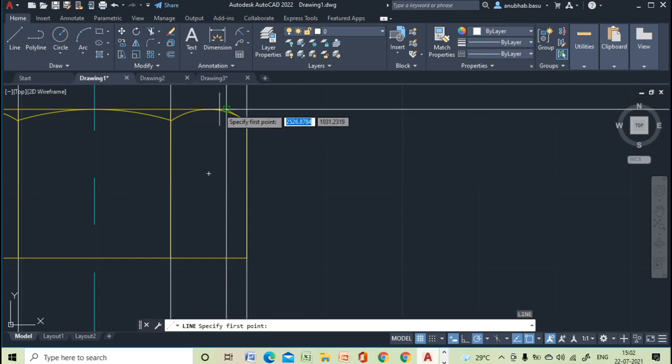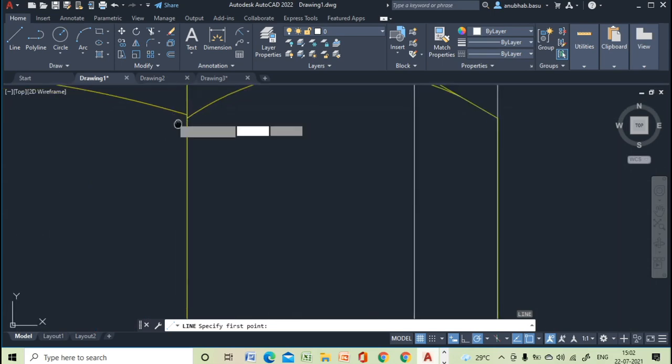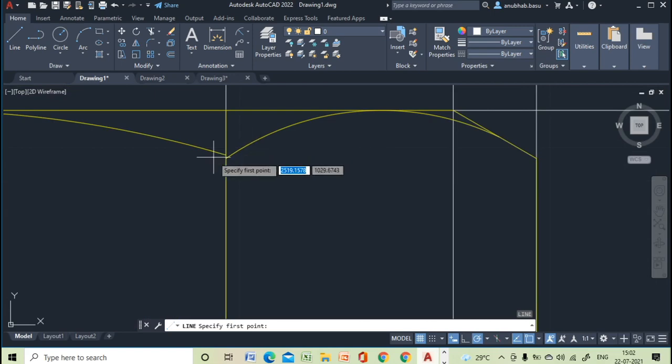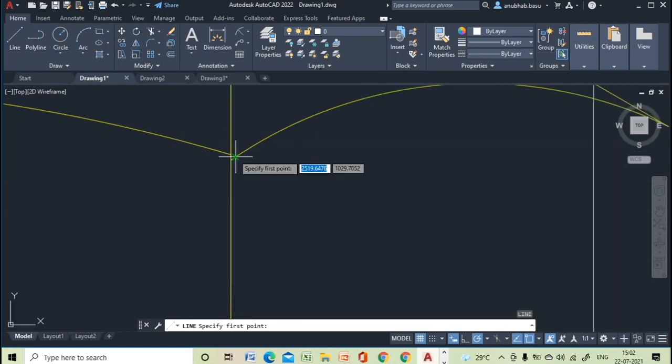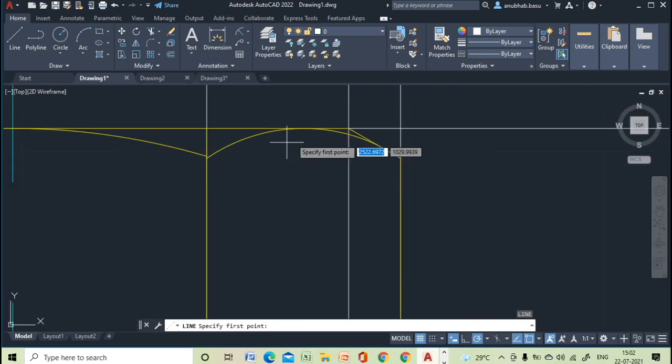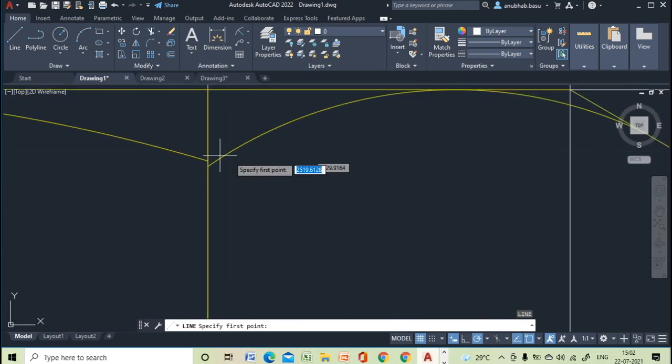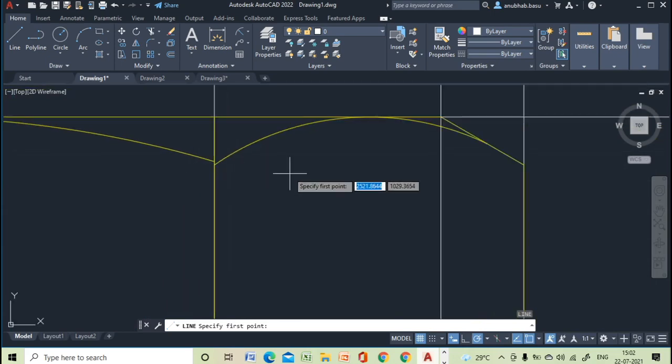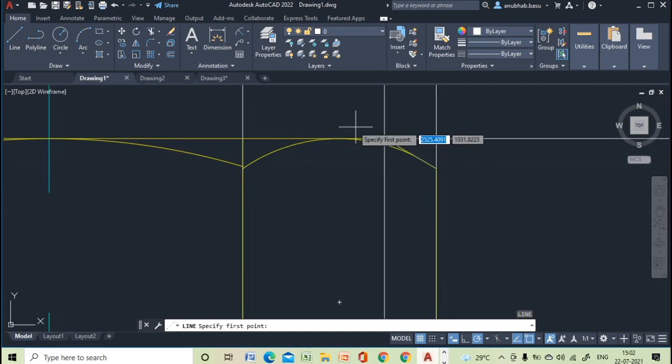Okay, so to draw this arc, basically at first I was taking that these 2 points will be at the same point, but I think these 2 points will not be at the same point, as if these 2 points will be at the same point, then the arc is coming out of this portion. So what I am considering is that through the midpoint I will draw that arc. Now wherever the arc will meet this edge. From this midpoint, at first I have found out the center point of this arc.